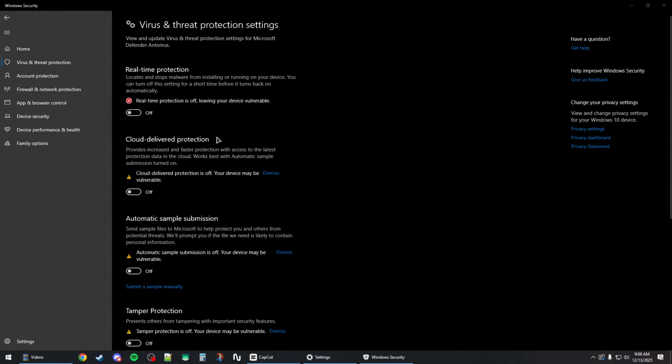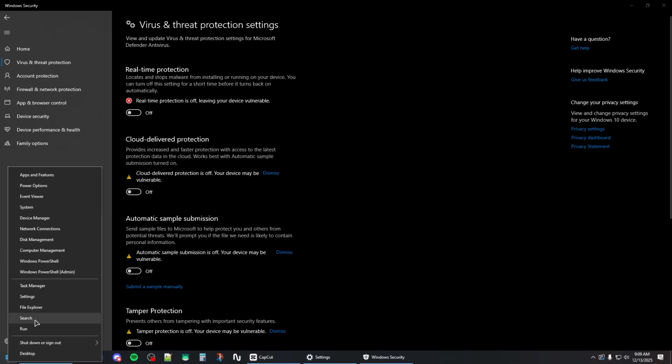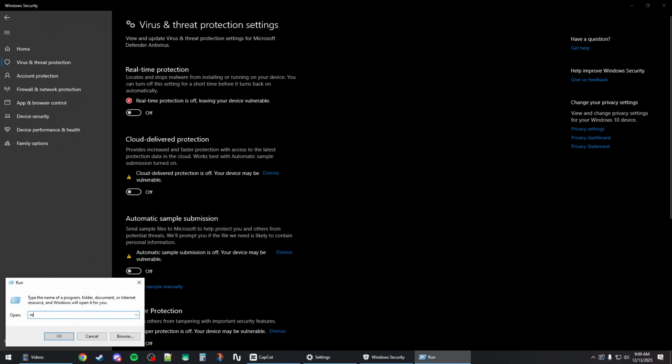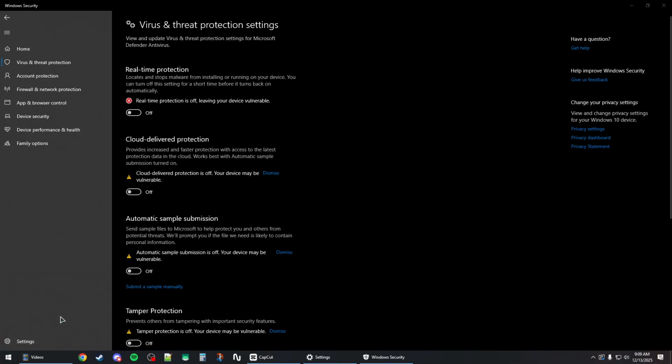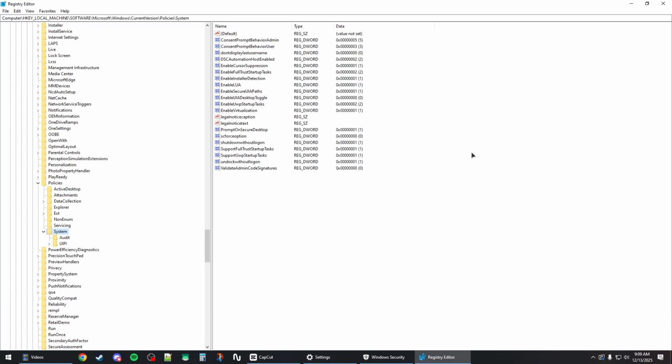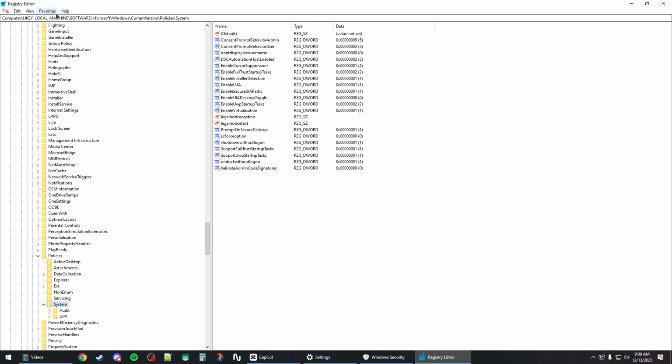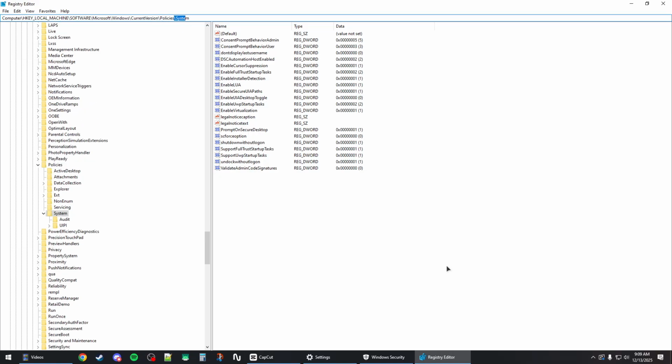And to disable these permanently, what you can do is first you want to make sure they are manually disabled like this, and then you want to right click on the start button, then open run and type regedit and then confirm, and it should open up the registry. Now you want to navigate to local machine, software, Microsoft, Windows, and then you want to enter the current version folder, and then you want to enter policies, system, and under here you should look for an entry called